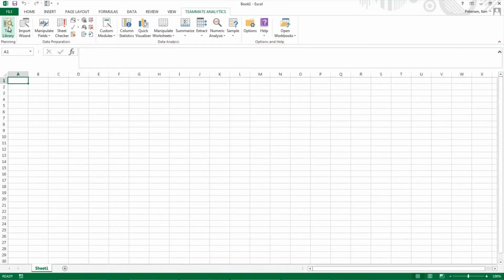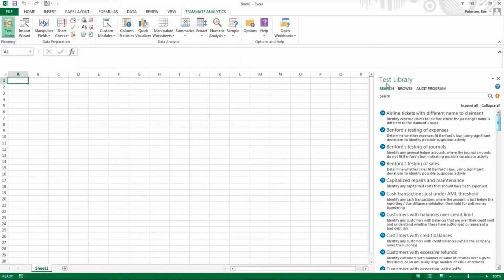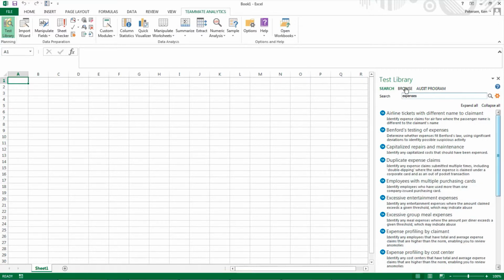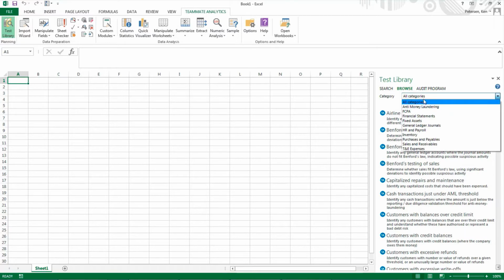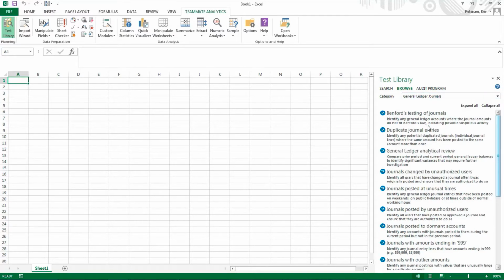The test library contains 200 tests across 10 audit areas, which give auditors guidance about the kinds of tests they may want to run. The test library allows auditors to search for certain types of tests or browse tests based on an audit category. The auditor can click on a test and read all the details of the test, including